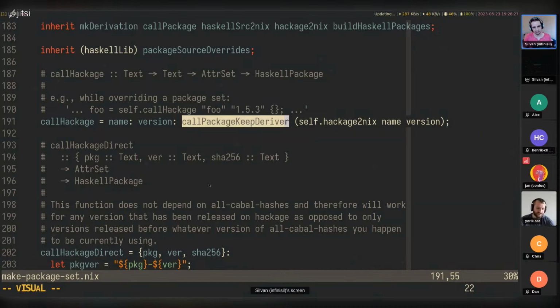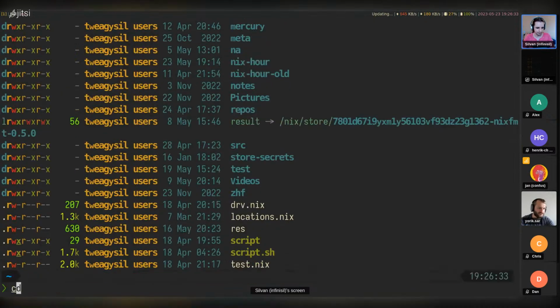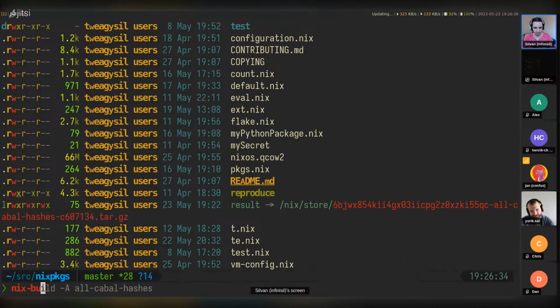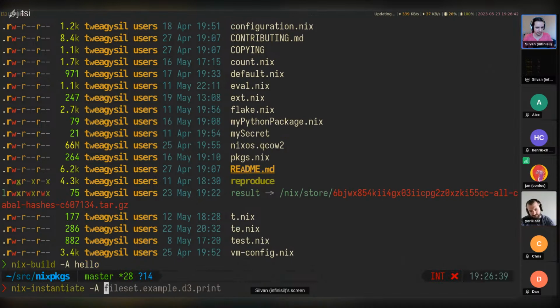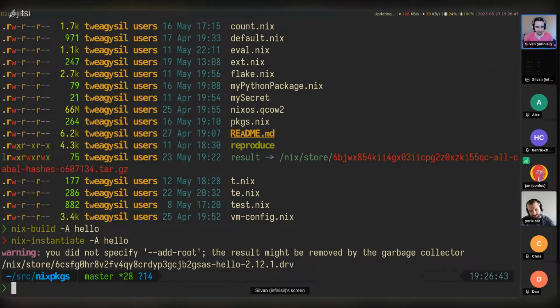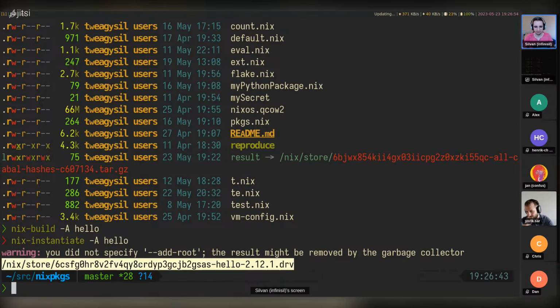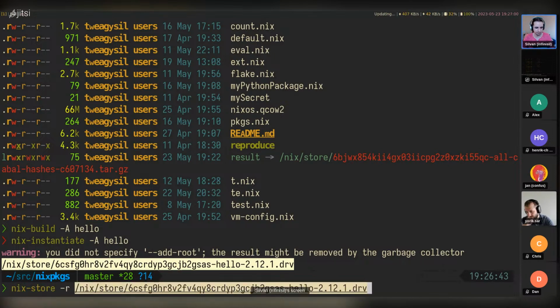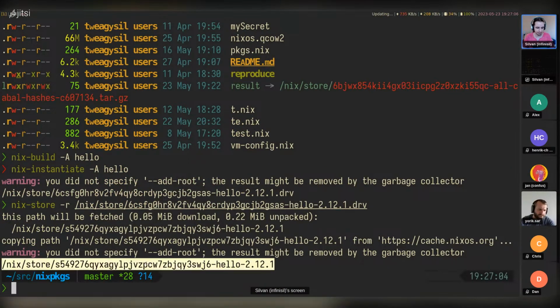Because Nix is only really done for the packaging approach. So we can also look at this here. If we go in nixpkgs and we build something, so we build hello. Well, actually, let's not build hello. Let's just instantiate hello. So once this has passed, Nix is still involved. Right now we just have a recipe for building hello. Once we build this, we can do this manually using nix-store realize. So we can build this, and now we get a path to the resulting hello.